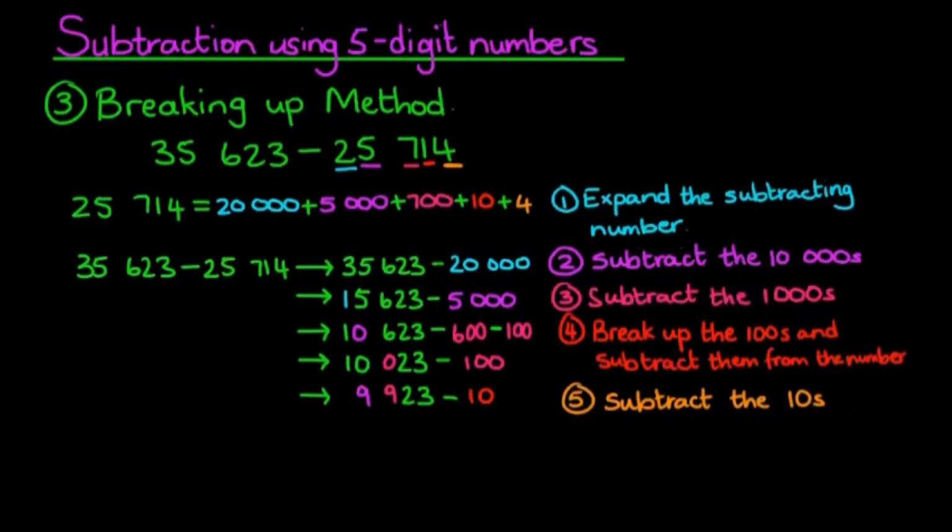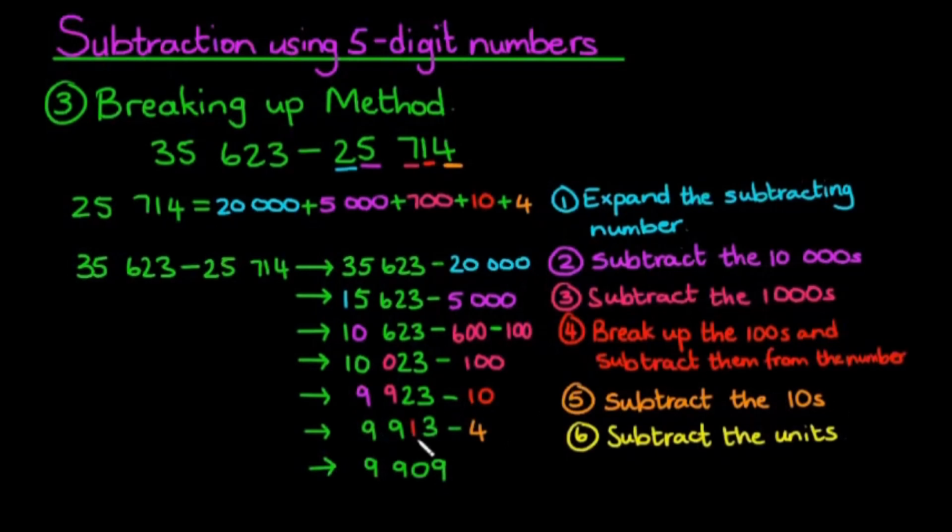Next, I'll subtract my tens. This will give me an answer of 9,913. Then I'm going to go ahead and subtract my units. This will give me a final answer of